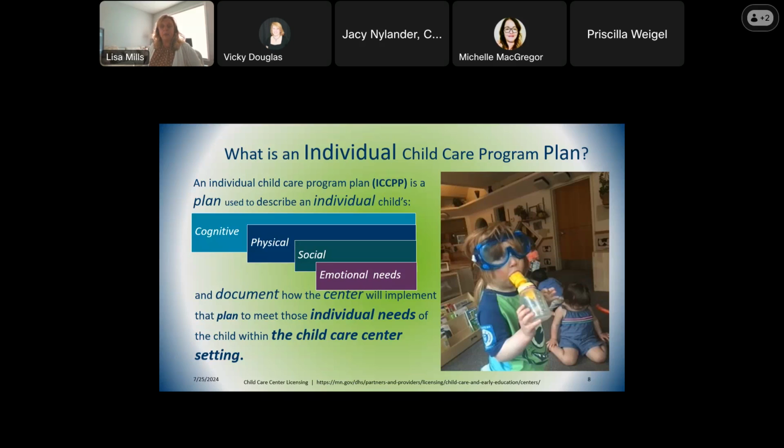Often, if a child has one of these other types of plans, there may be mention of a child care environment, and other states rely on that sometimes. But here in Minnesota, we have identified that it's really critical for a child care setting to be involved and to have their environment recognized. And so creating an ICCPP specific to your child care setting really allows the child care environment to be assessed and to find ways within its environment to meet the goals of the child within the collective group of the child care